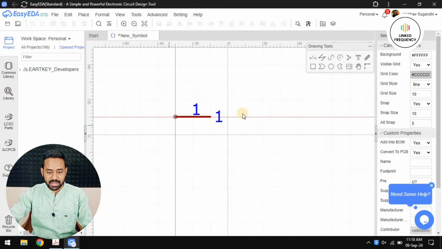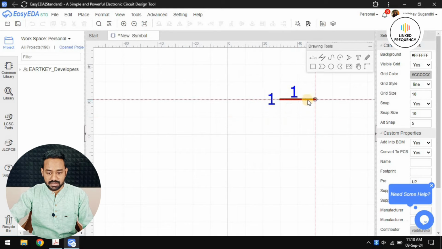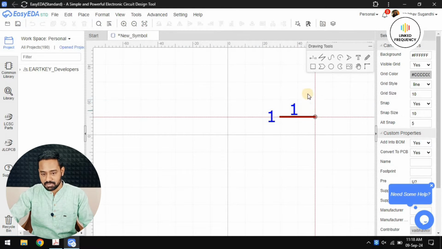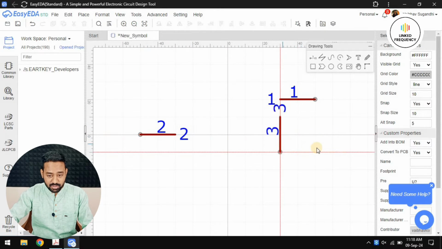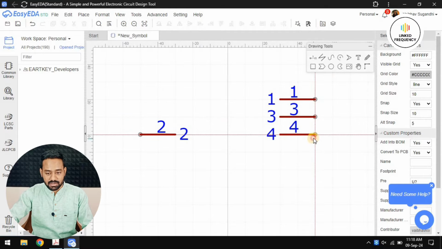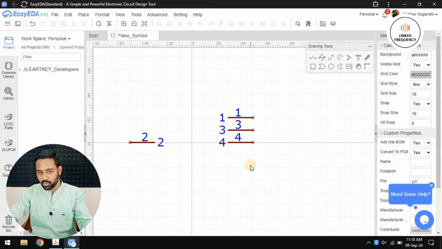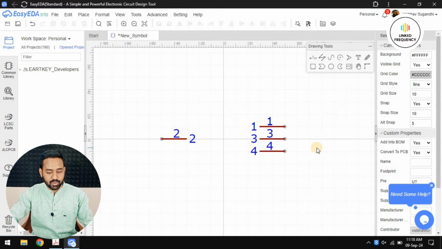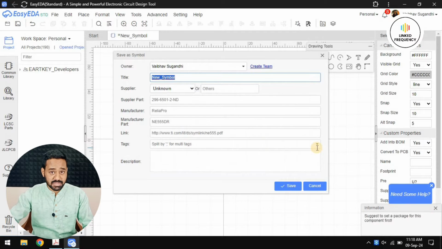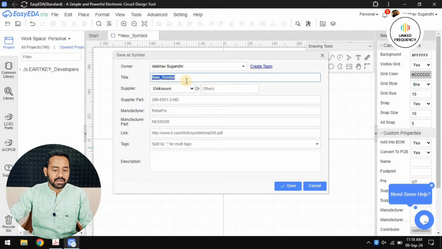So I'll rotate and place the first pin somewhere here because it is an RGB LED. First pin is a red color, second pin is common cathode, third pin is one color, and fourth pin is another color, maybe blue and green, right? So I'm going to arrange them in a little bit better way like this. And I'm going to save this schematic symbol first before jumping into any further step. I'm going to save it in my account and I give a title as RGB LED